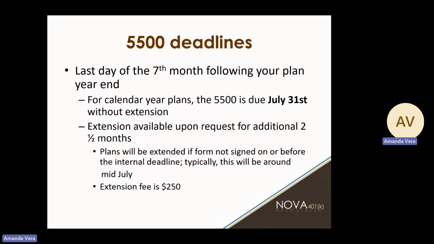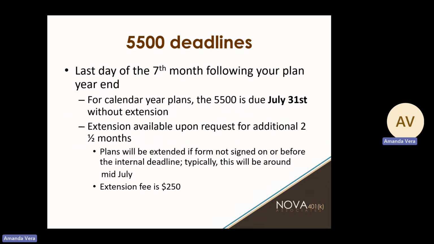The deadline for the 5500 is the last day of the 7th month following your plan year end. So for a calendar year plan, one that runs from January 1 to December 31st, the 5500 is due July 31st without extension. The good news is you are allowed to do an extension. So extensions are available, and then that adds an additional 2.5 months,